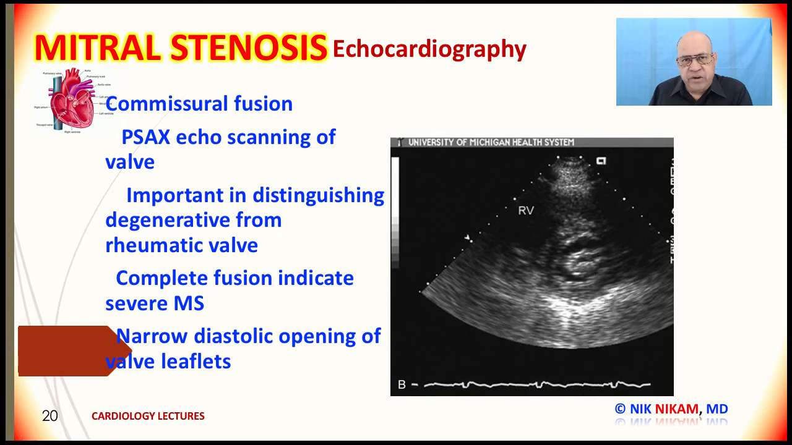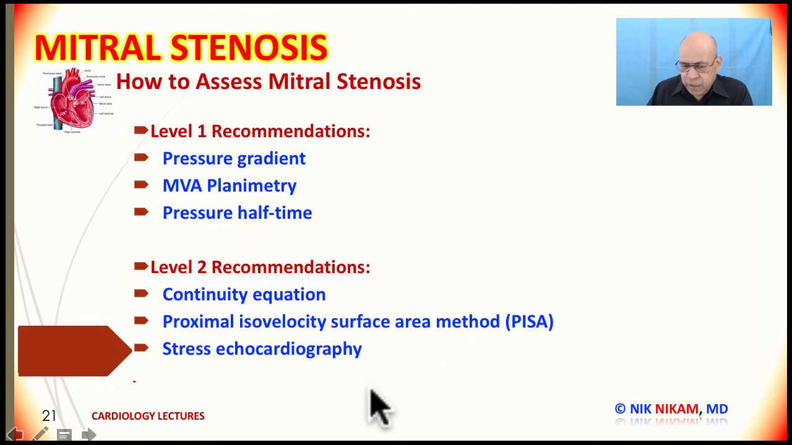The normal mitral orifice ranges from 4 to 6 centimeters squared, so you have to get the mitral valve area reduced by more than 75% before the patients become symptomatic. There are various hemodynamic and color Doppler based calculations that can be used to calculate the mitral valve area besides using the planimeter. There are two levels. Level 1 is recommended for basic evaluation. Level 2 is a higher level where they use continuity equation and PISA, which is proximal isovelocity surface area method,